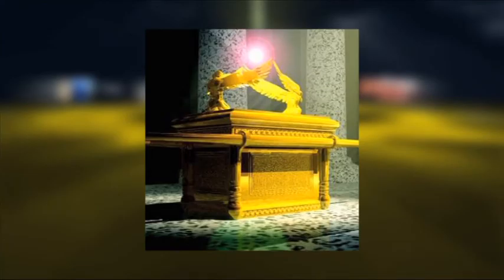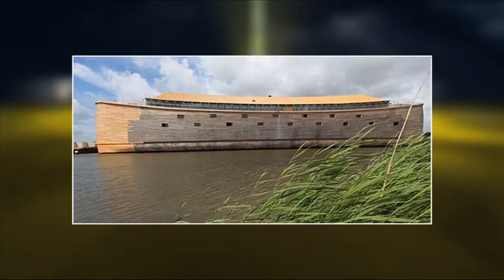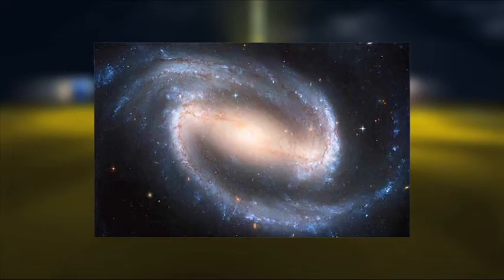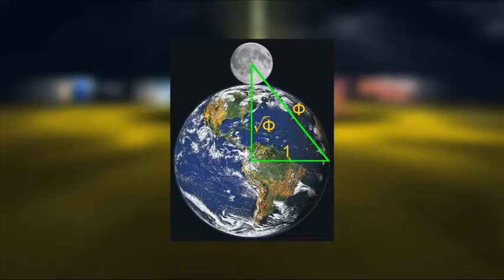Here is the Ark of the Covenant. Very important, the Ark of the Covenant. Here's Noah's Ark. You know all about Noah's Ark? Well, that's Noah's Ark. Here is the galaxy, which God made. In the beginning, God created the heavens and the earth. There we are, that's the galaxy. The heavens and the earth, there's the earth and the moon. And you've seen I've drawn some funny little diagrams in there, which I'll tell you about later.